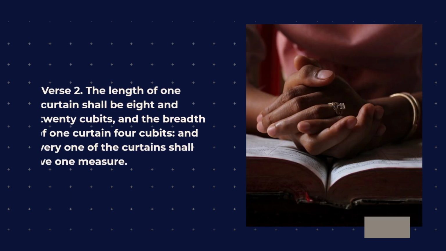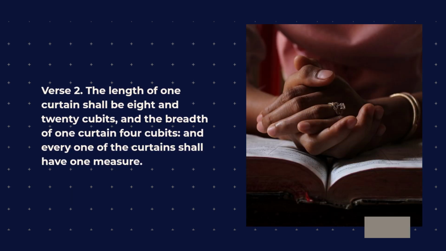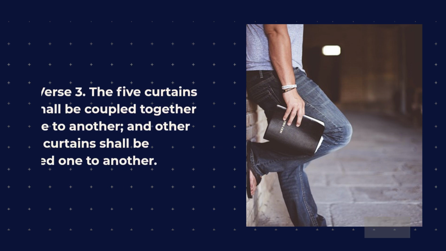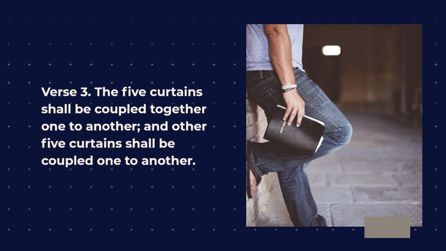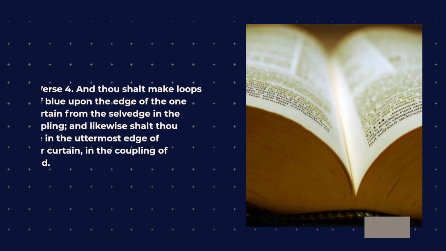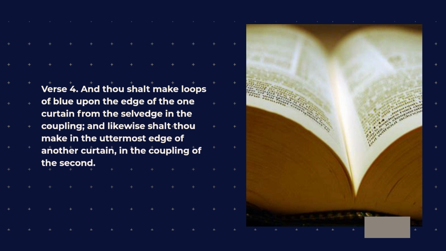Verse 2. The length of one curtain shall be 28 cubits, and the breadth of one curtain 4 cubits, and every one of the curtains shall have one measure. Verse 3. The 5 curtains shall be coupled together one to another, and other 5 curtains shall be coupled one to another. Verse 4. And thou shalt make loops of blue upon the edge of the one curtain from the